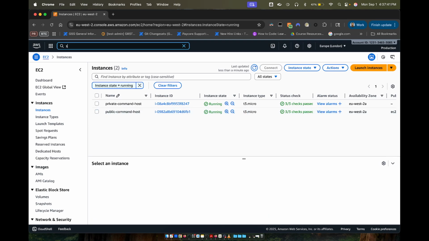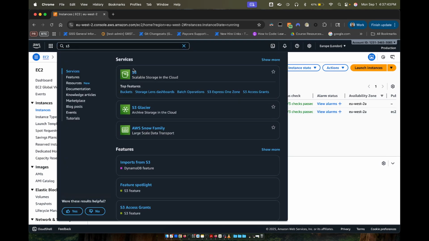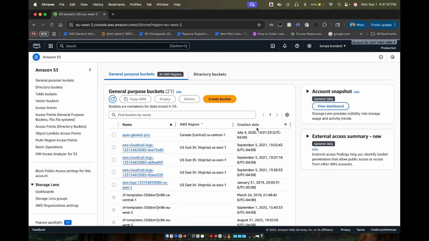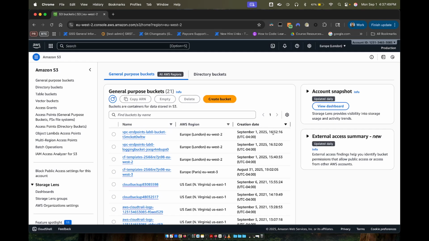And it also created two S3 buckets. So let's go look at the S3 buckets. If we go to S3 and sort by creation date, there is the data bucket, and then there's also the logging bucket. And if we go into the data bucket,